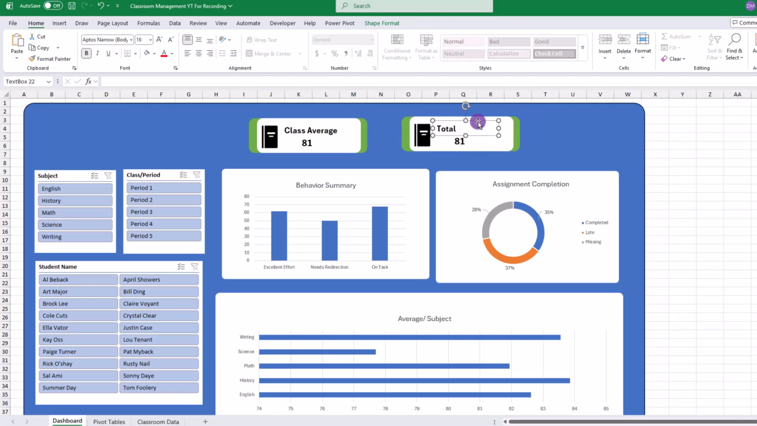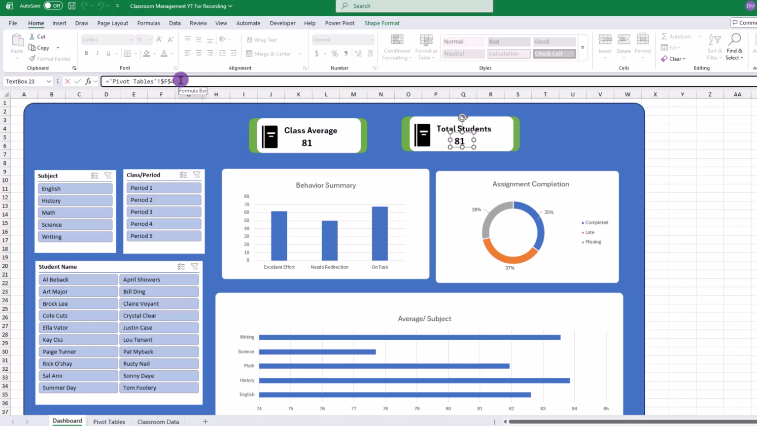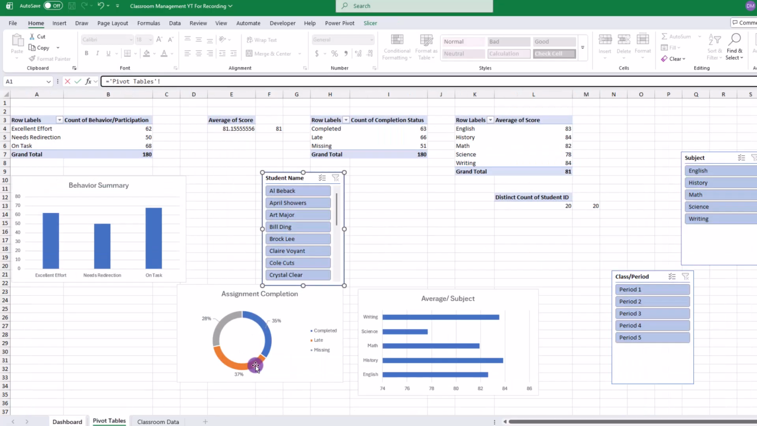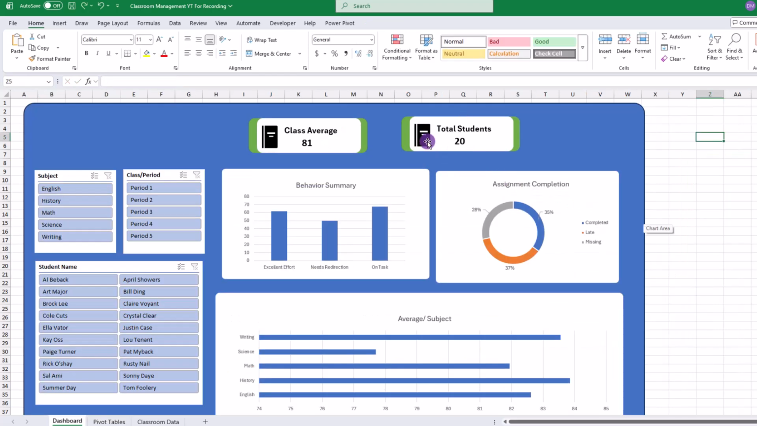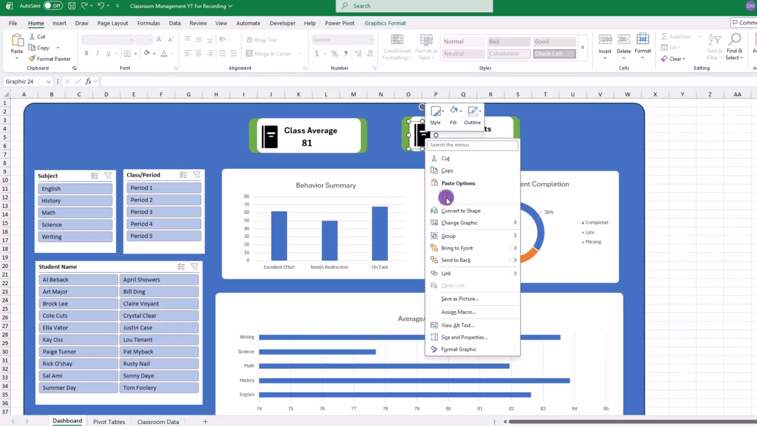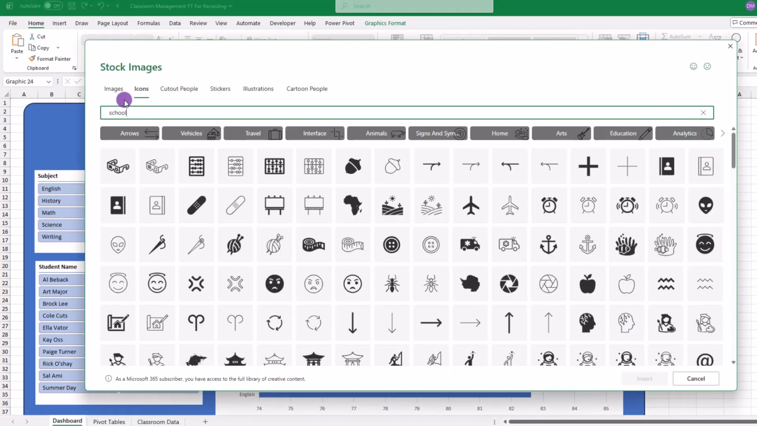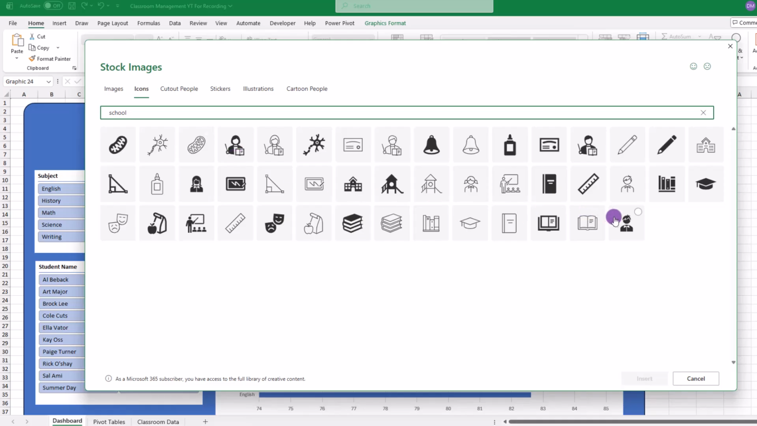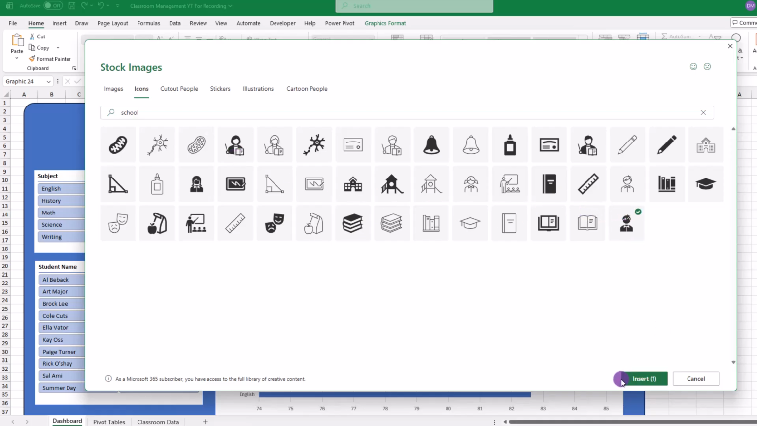This card will show the total students, and we can adjust the text accordingly. Then click in the second text box, go up to the formula bar, and adjust the formula so it links to the cell showing our distinct count over here on the pivot table sheet. To change the icon, right-click on it, look for Change Graphic, then choose from Icons. Let's do a search for school again, and we can choose this one,